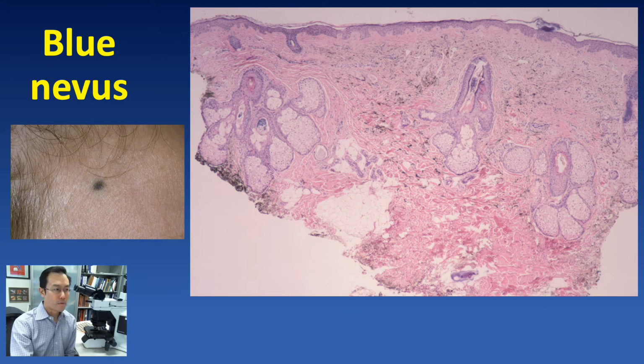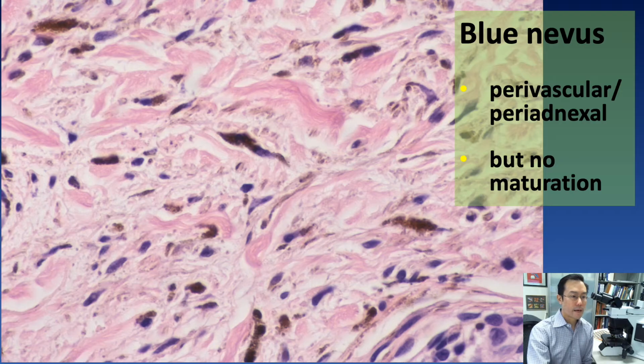Here's one example from my old residency days collection where we can see that the blue nevus at scanning magnification shows a focal but not well circumscribed aggregate of heavily pigmented cells that have mostly a spindled contour. At higher magnification, we can appreciate these spindled and dendritic pigmented melanocytes. Some of them have very slender dendritic processes, and we can generally reasonably assume that these in fact are melanocytes,